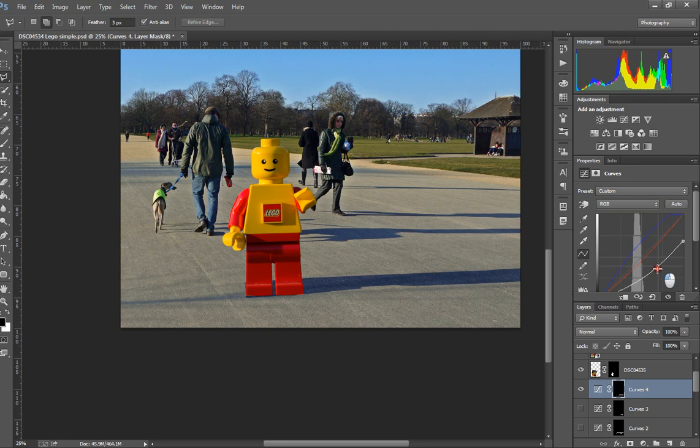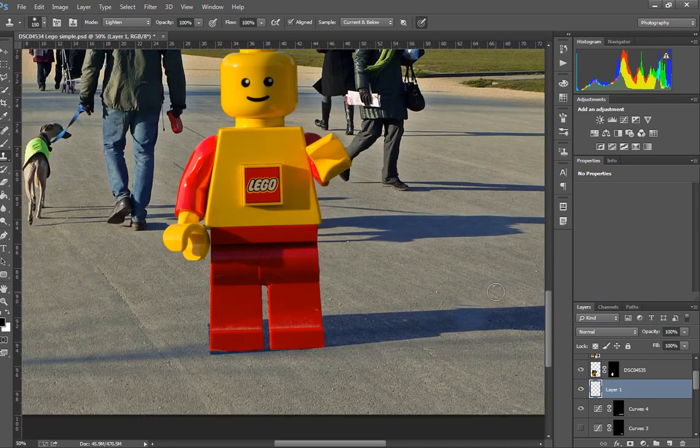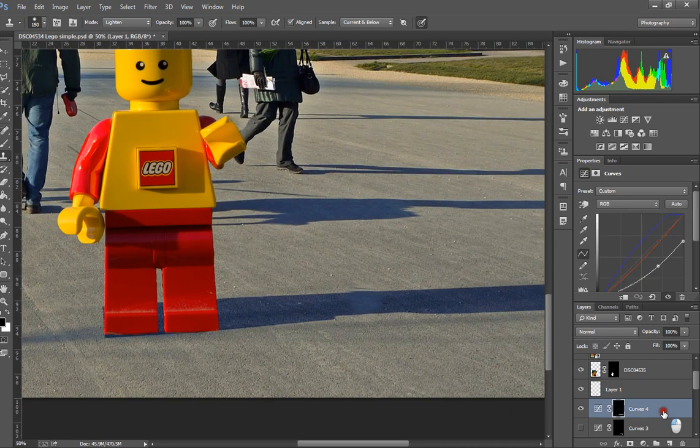It's getting closer and closer. One way that I have found of making sure that you've got these right is grab your clone stamp tool and grab a piece of somebody else's shadow, and we'll create a new layer and just drop it next to it. Now if you stick it there and then you go back to your curves layer, you can see that the actual shadow is a fraction lighter, and now it's a fraction darker,